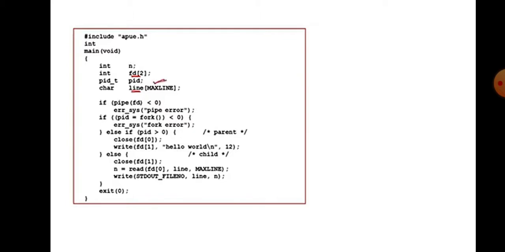First we create a pipe using the pipe system call, and FD is passed to it. If the value returned by pipe is less than 0, then there is an error in creating the pipe, and an error message will be displayed. If it is successful, then I'll go to the next part.